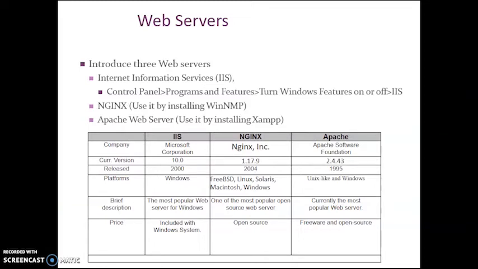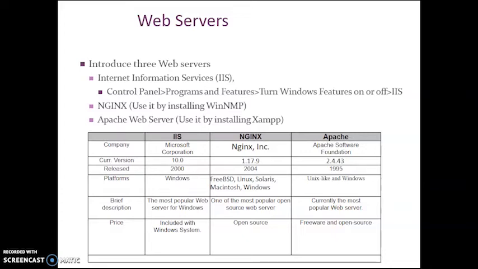In this chapter, I'm going to introduce to you three types of web server. The first one is Internet Information Service or IIS. This is the kind of web server that you can find inside the Windows platform. Whether you are using Windows 7, Windows 8 or Windows 10, you can get it for free by installing IIS into Windows. The second one is Nginx, which is a web server that you can get by installing